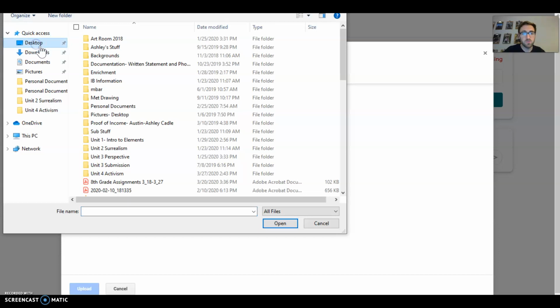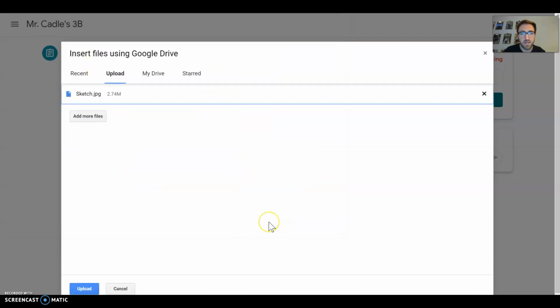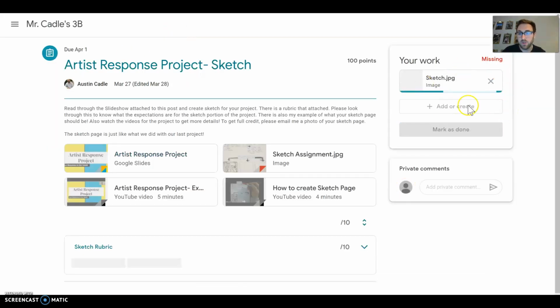I'm going to go to desktop. I'm going to type in the title of the piece and I'm going to add it right here. And right here it shows that it is going to now be uploaded to Google Classroom for my assignment. Okay, and what this is going to look like is once that gets uploaded, you can see that it's loading. This right here will show that I have now completely added my sketch,